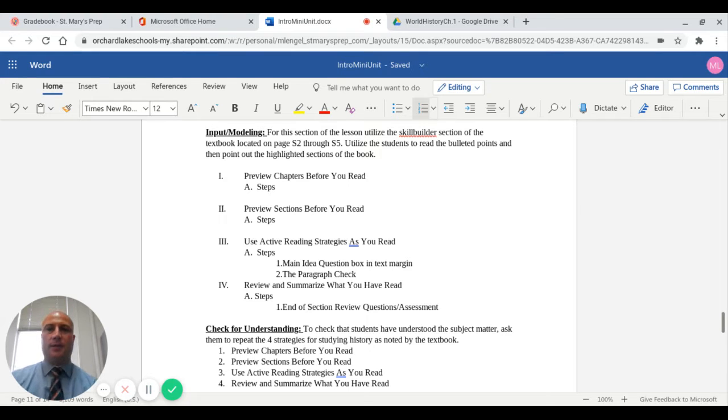Hi, today we had our lesson called Mini Unit number 2, and it is about reading in history. In particular, in my world history class, this is something that's really important because students will be assigned reading 3 to 4 nights a week, and the page amount will be between 3 and 5 pages. So I think it's really important to give them some steps and some strategies so that they can build their